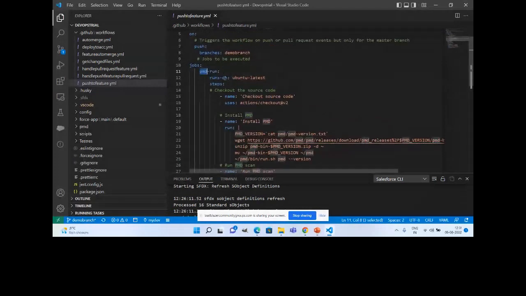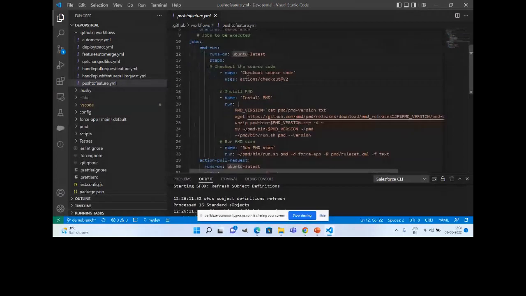And here you can mention which server you want. It can be Ubuntu or Windows. You can mention whichever system you want. It is the server, not your local, right? So you can mention anything. Currently it is on Ubuntu latest. And first, what you need to do is check out all your components into that particular server. There is a standard action available for that, called checkout. So I am consuming that. And this is one step.